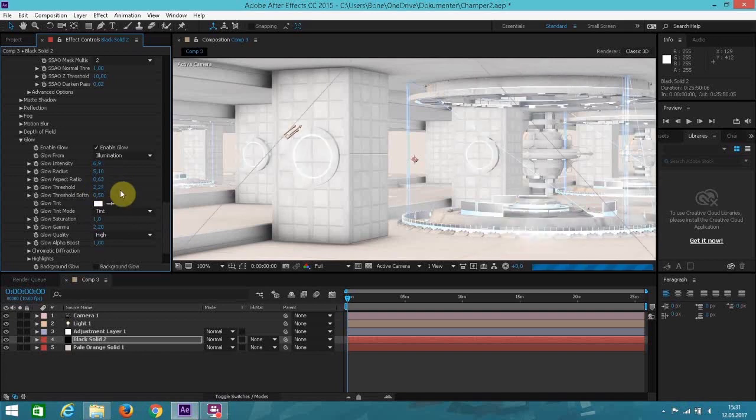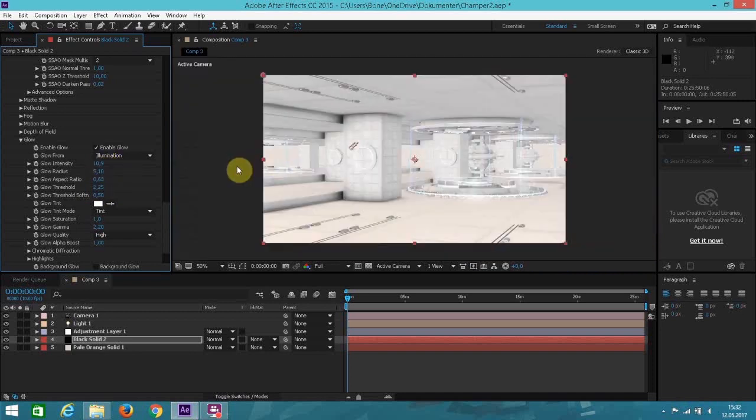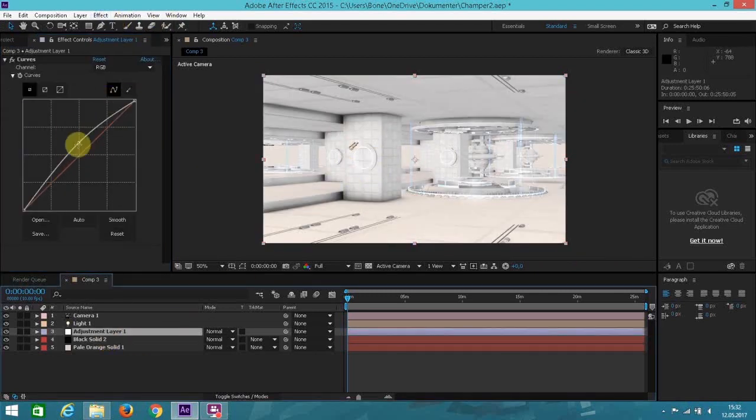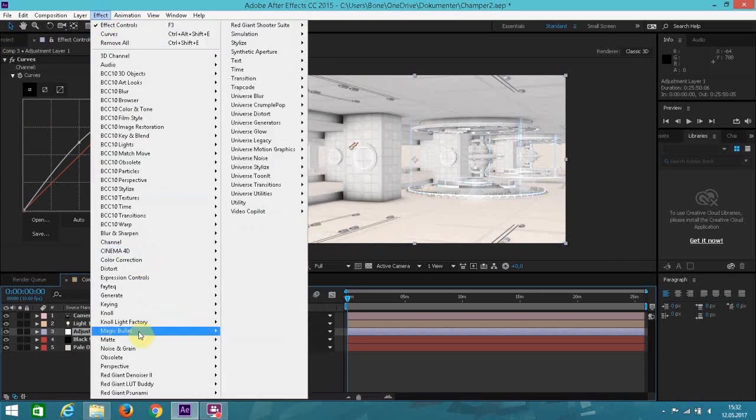Okay, so that's what we need to control. I think I found what I needed. Okay, let's say this is it. I wanna maybe add even a little bit more ambient occlusion, like so. And now let's go back to after we added some curves and brought up the RGB. Now let's add, if you have Magic Bullet,